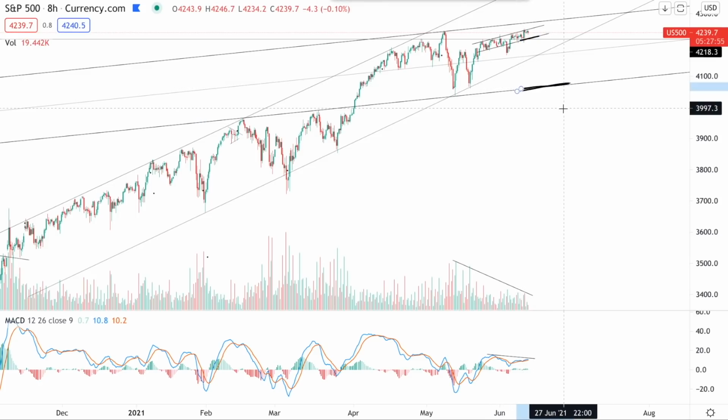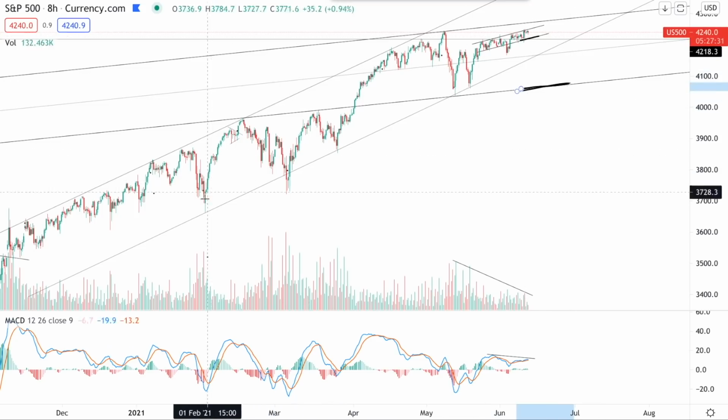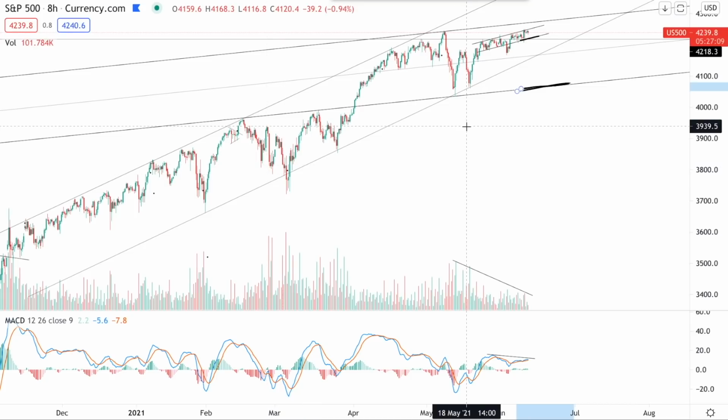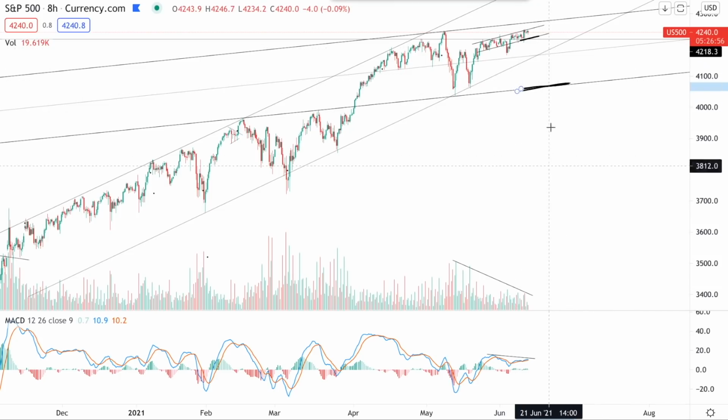Now again, we don't have extremely high conviction on the shorter term price action. We're not trying to predict every single move that we see on the S&P 500. That's not possible. Anybody who tells you they can do that is a fraud. What we do on this channel and with our members on gameoftrades.net every day is look at the technical picture and identify what our risk is and what our potential reward is and whether we should be taking a position at that moment. And right now that's not the case, but if we see a move down here, that could very well be a beautiful long entry on equities.